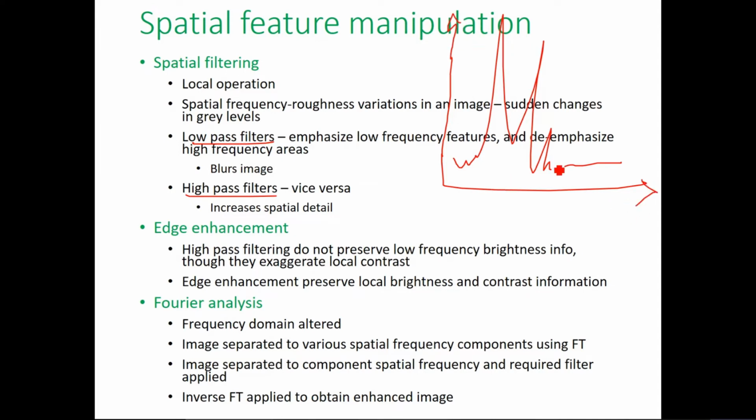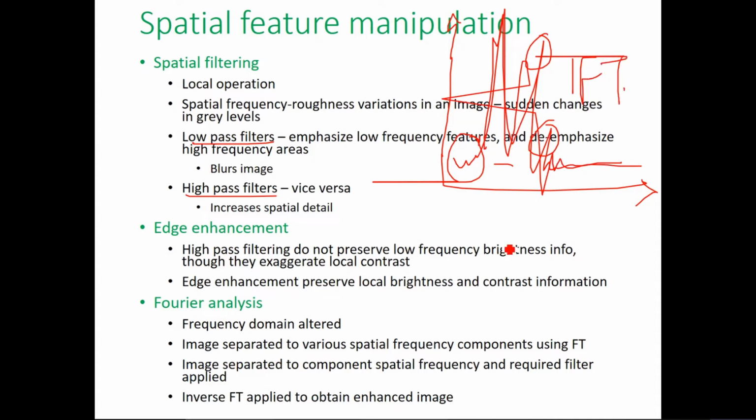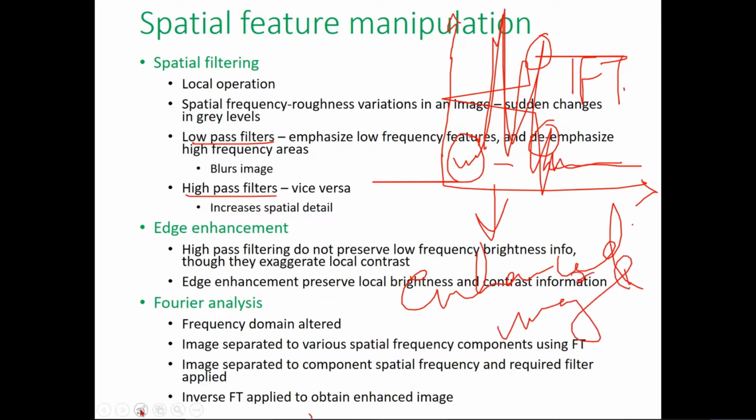Maybe I want to remove a lot of noise from this, so I will remove this particular range. Suppose these are the ones that cause noise. I will remove these frequency peaks. Once I remove this, I have only this much remaining. So what I will do is invert this. I will carry out the inverse Fourier transform, and once I do that, what I have is an enhanced image. All right, hope it is clear.